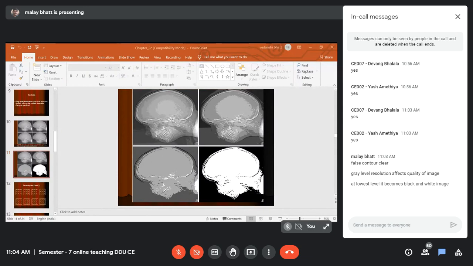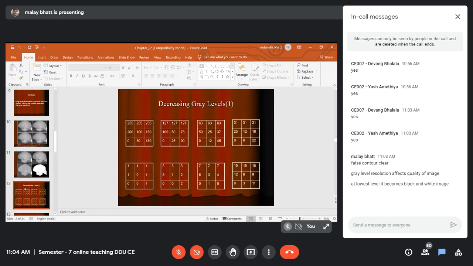So now let us see how you can achieve this through the algorithm. We have to go through that algorithm. I am again taking a sample image, of size 3 cross 3.